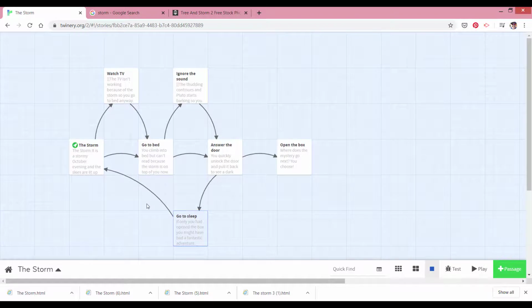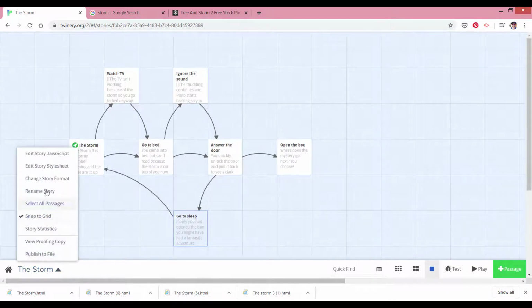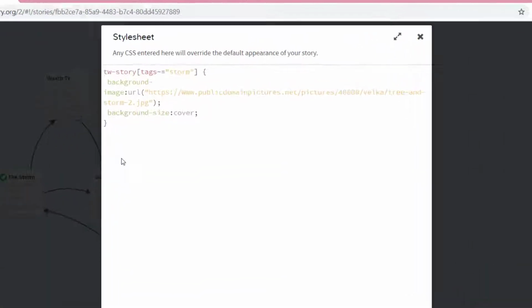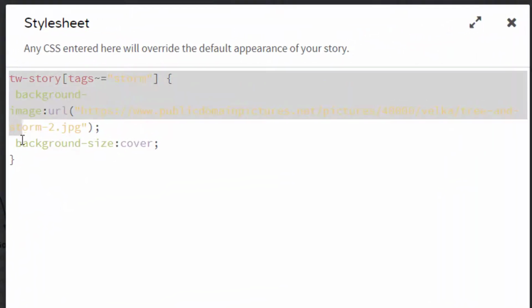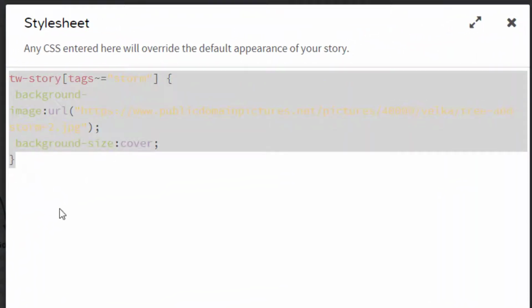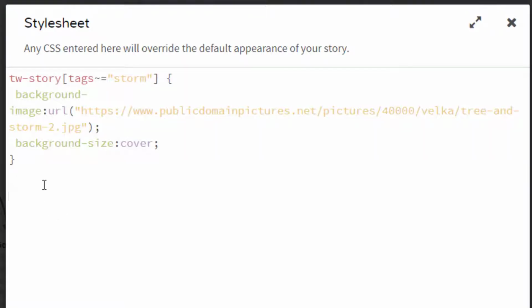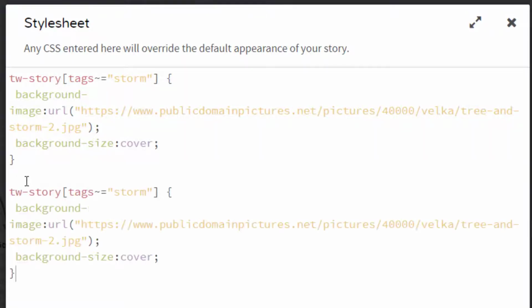So now I'm going to put another picture on the bedroom. So I'm going to go back onto here, I'm going to go to the style sheet, and basically it's the same code there with this squiggly bracket at the end. I'm just going to put a return in and paste it down there. So I've copied and pasted that. I'm going to change the name for the tag. So this one's going to be called the bedroom,